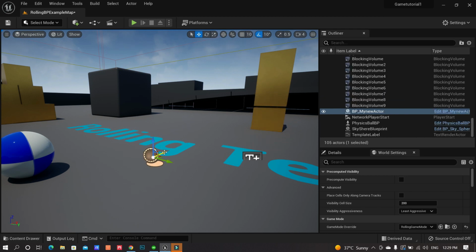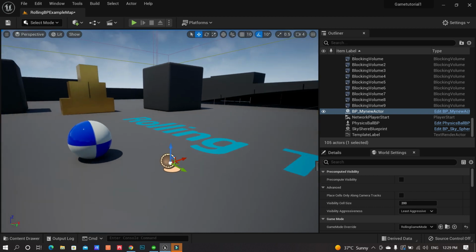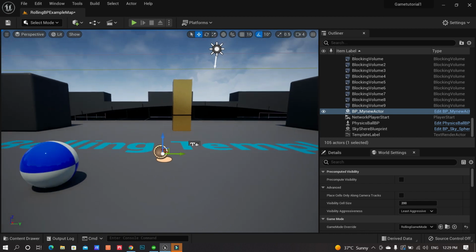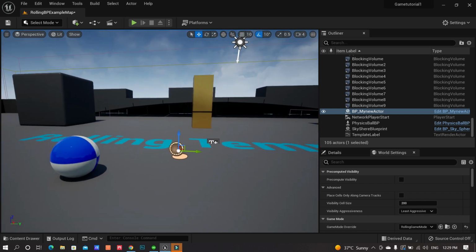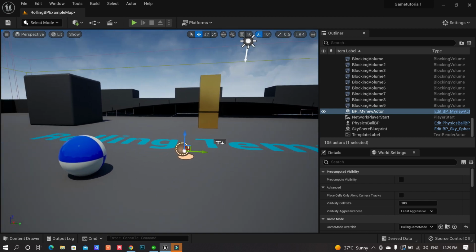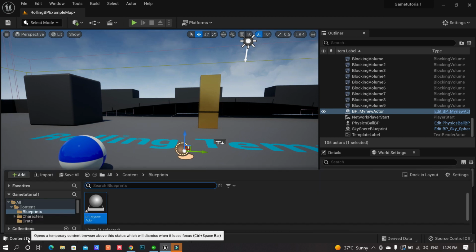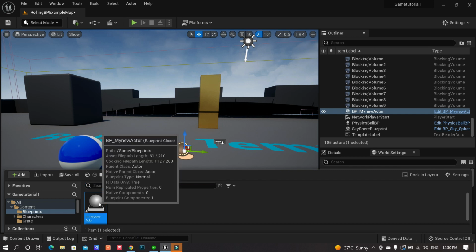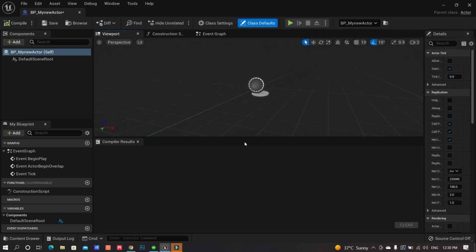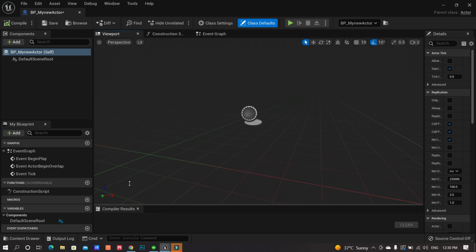And you can of course increase the size of it, but as of now, since this blueprint has nothing visual assigned to it, you cannot see anything that can actually be seen by the user. So let's go to the content drawer again and double click our blueprint. Okay, so let me just make it a little bit smaller in terms of the screen space.